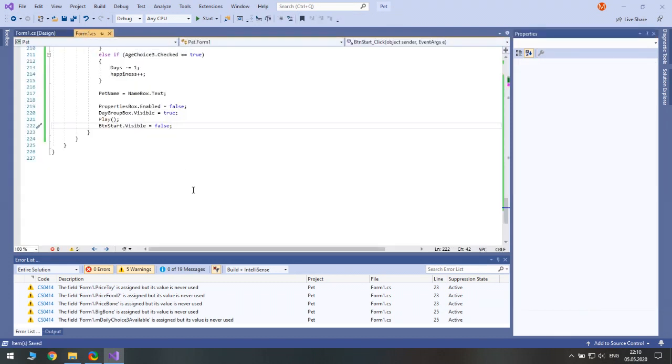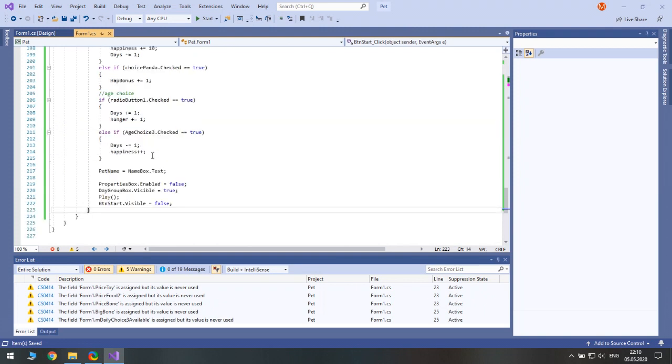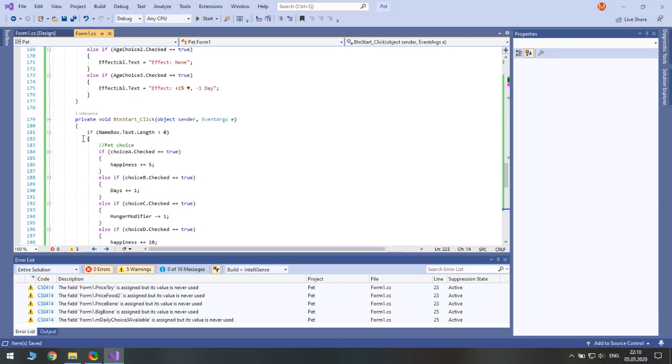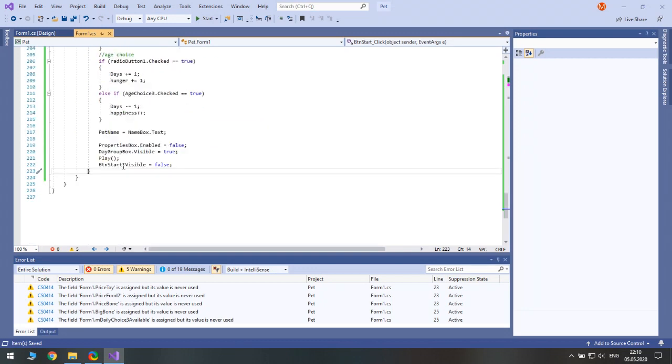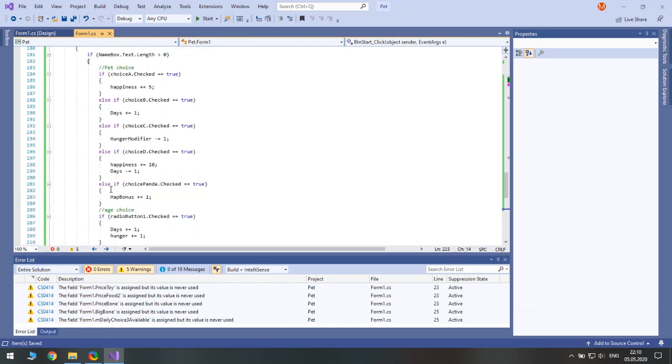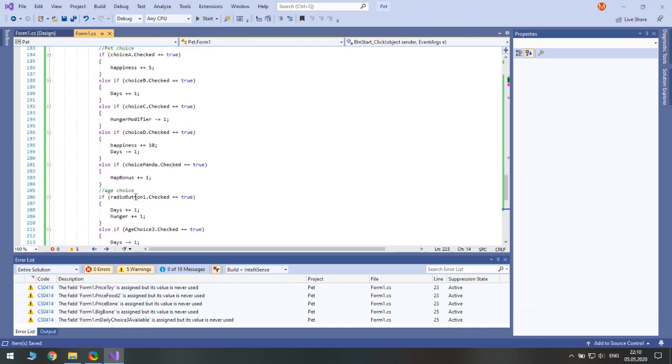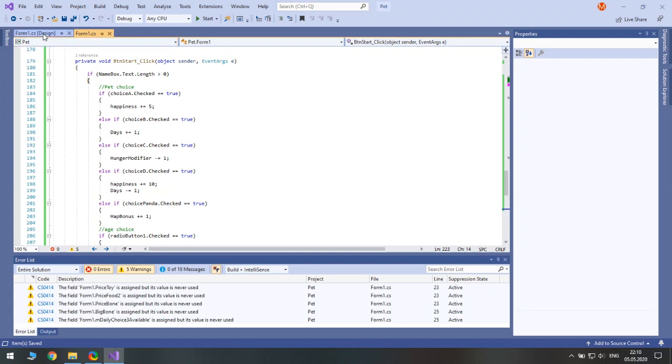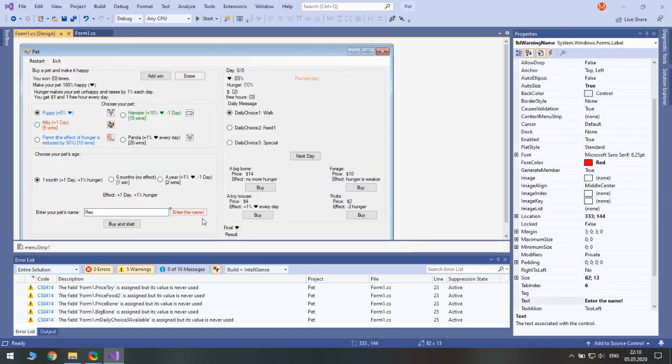Next, after we start playing the game, it performs all these checks only if the name box is actually filled with the name. Otherwise, we should show this label.